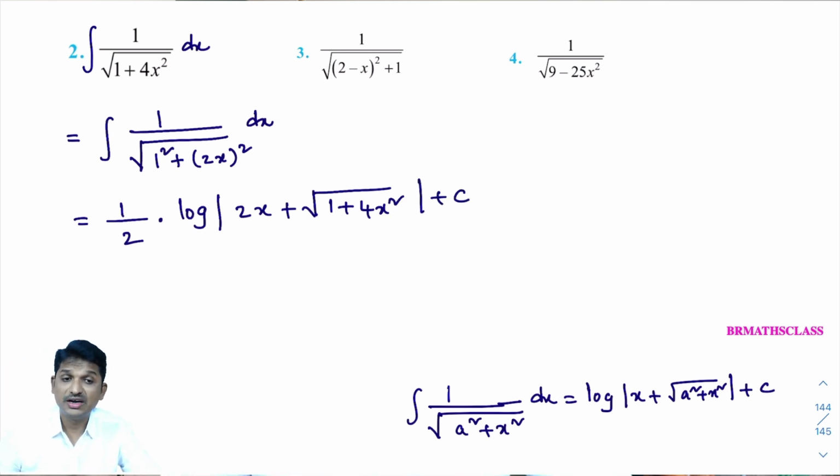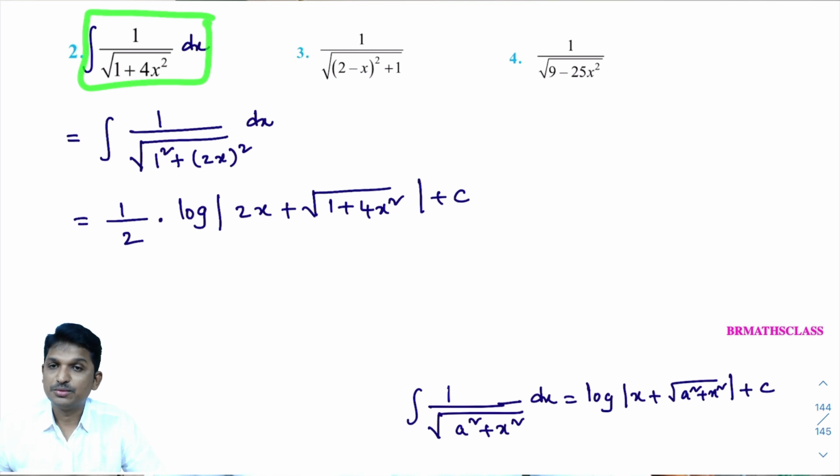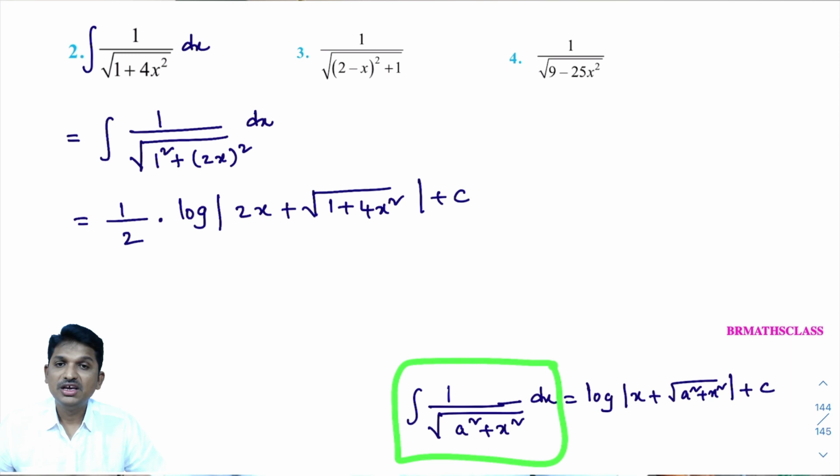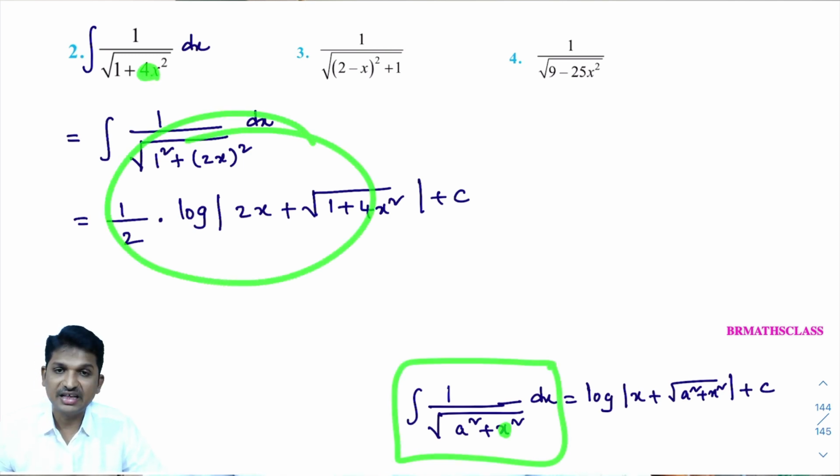I hope you understand this. Actually, we do these problems by the substitution method, but I don't want to use the substitution method. I don't want to make things complicated. I want to write the answer directly. As I know this formula, and in this formula, in place of x, if ax plus b is present, then I know how to write its answer. That is what we are learning from the beginning of this class. So, I will write the answer directly like this.